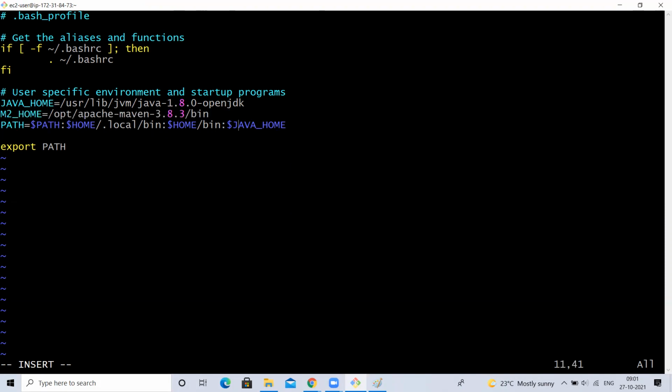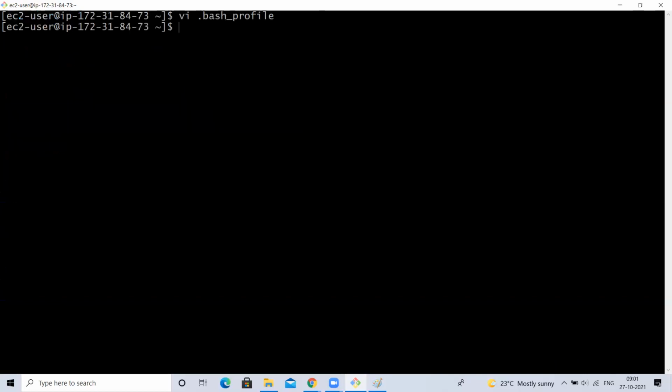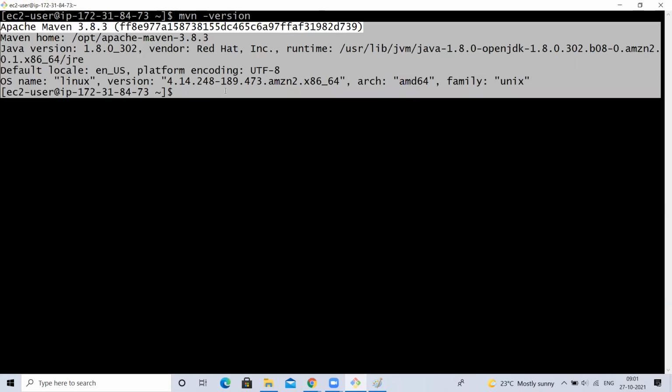I'm not going to tell how to set the path for Maven, don't ask me, because we already completed Maven and I explained it. Now source .bash_profile. If I type the mvn -version command, it has to show that. Okay, my Maven is there.